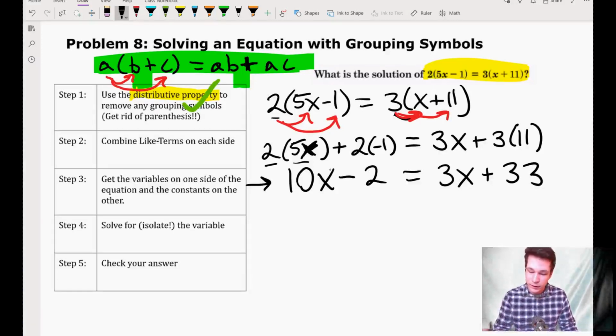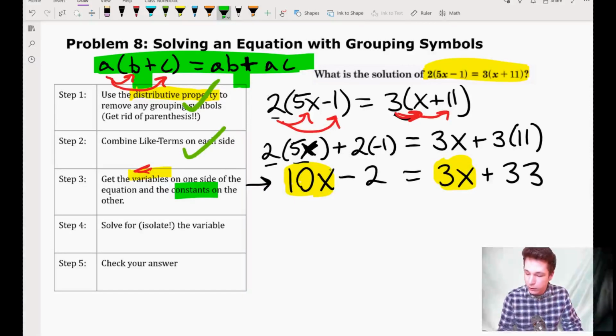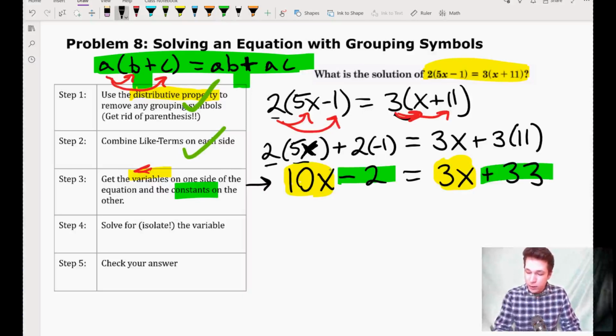Step number 2, combine like terms on each side. We still don't need to do that yet. Step number 3, get the variables on one side. So my variable terms are 10x and 3x. Let's get those to the left, and my constants over to the other side, which are negative 2 and positive 33. To get all my variables to the left, I'm going to subtract a 3x from both sides